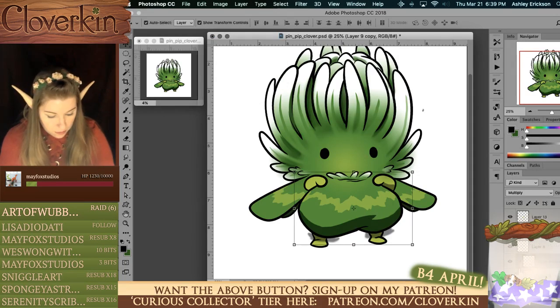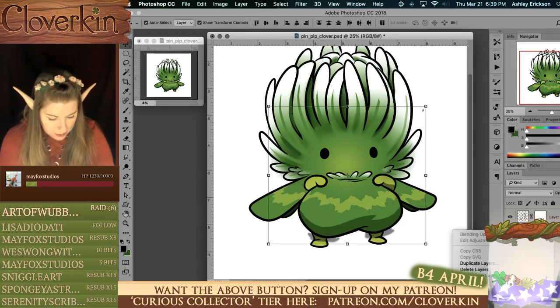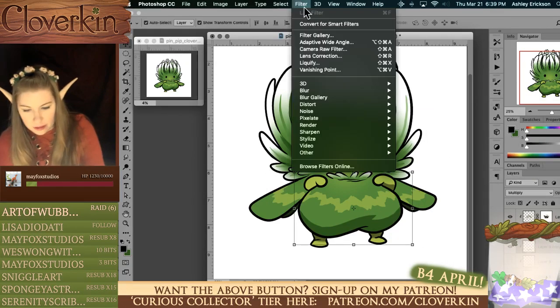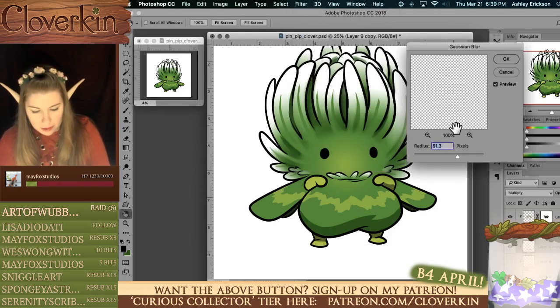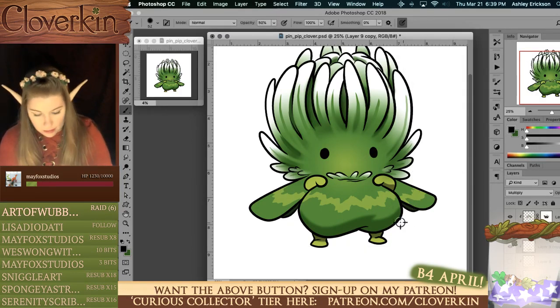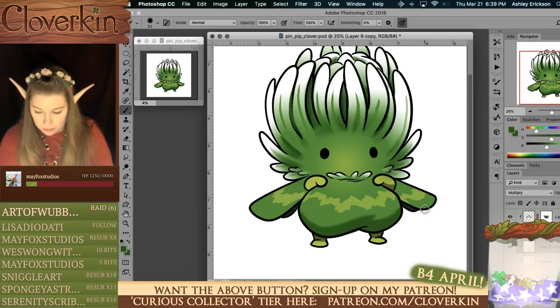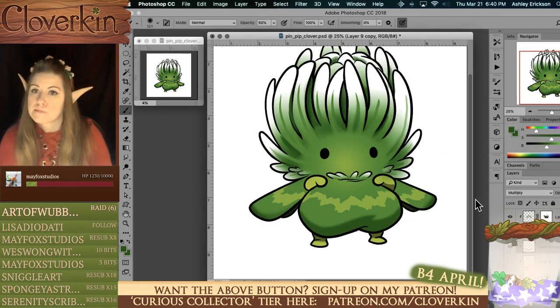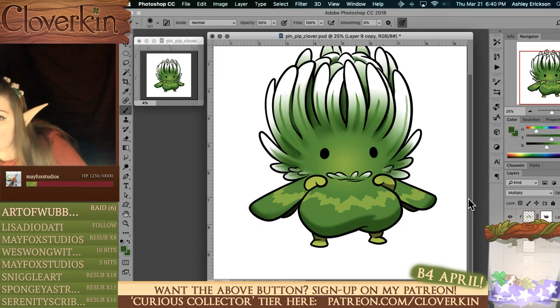13.4. God, I really hate that if you duplicate a layer within a clipping mask structure, it just bumps all the other ones out. Why don't they fix that? You know what I'm talking about, right? What, you don't use clipping masks? No, I mask the folder or the layer. I use the actual clipping mask. Oh. I just do a mask on the layer itself, and then if I need to apply that mask to other things, then I just...